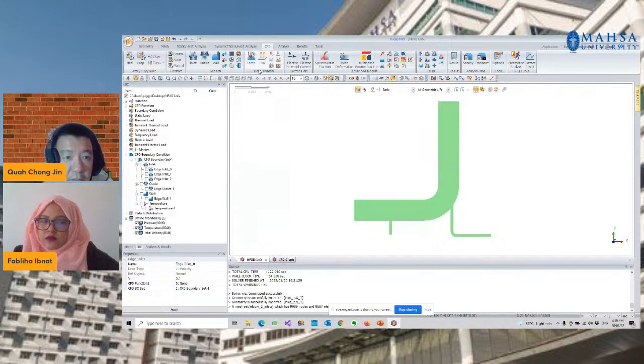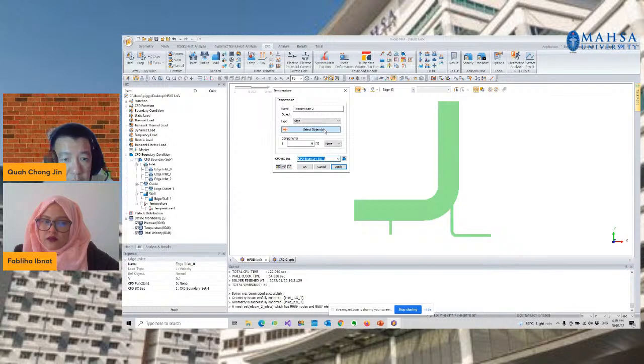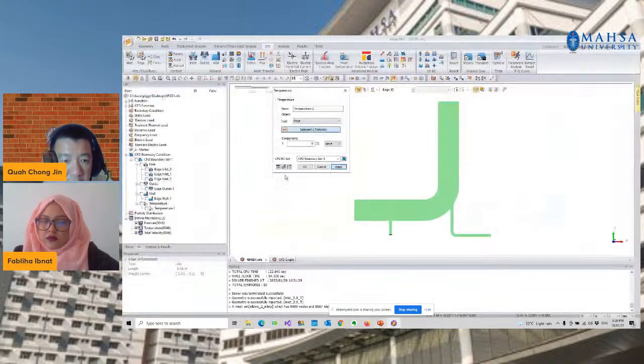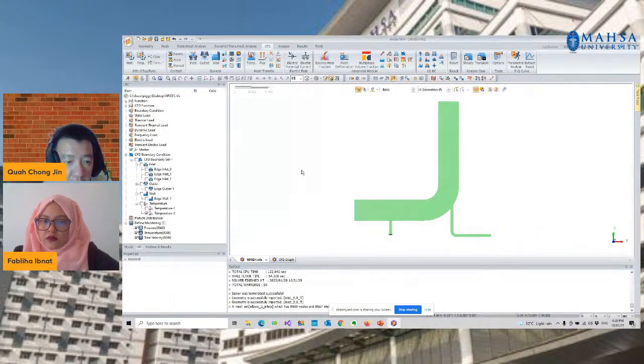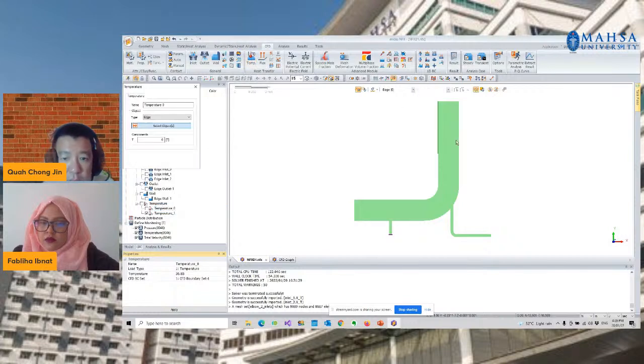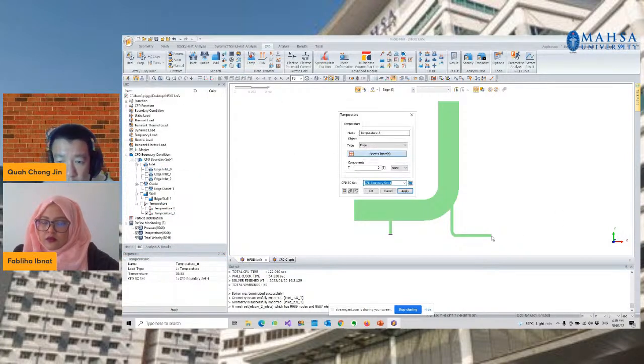We're going to have a different temperature as well in this case. We select the inlet edge over here, and in this case we have 66.85. OK. We can do the same thing for inlet 1, which belongs to the original inlet, and we're going to have another temperature on the other edge over here.